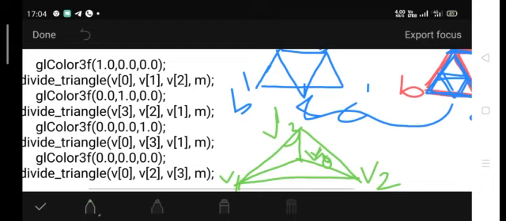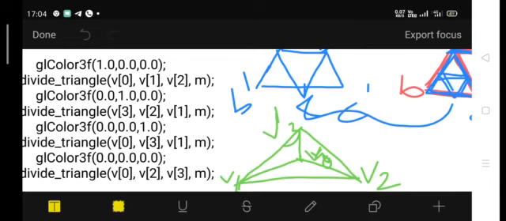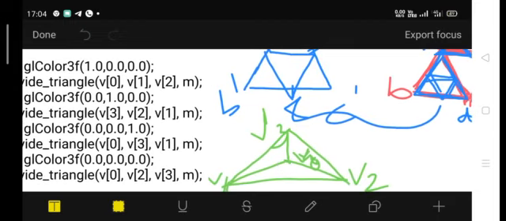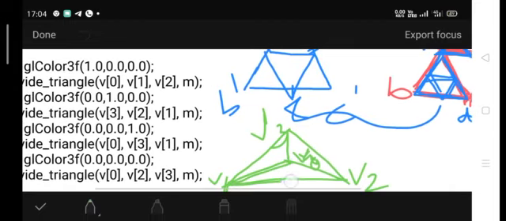In this diagram you can check v0, v1, v2. Check the sequence quickly: v0, v1, v2, then v3, v2, v1,